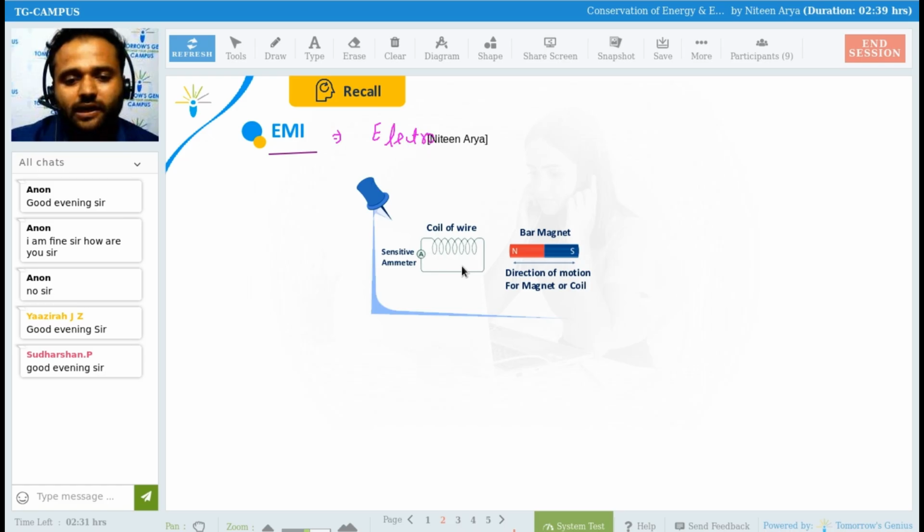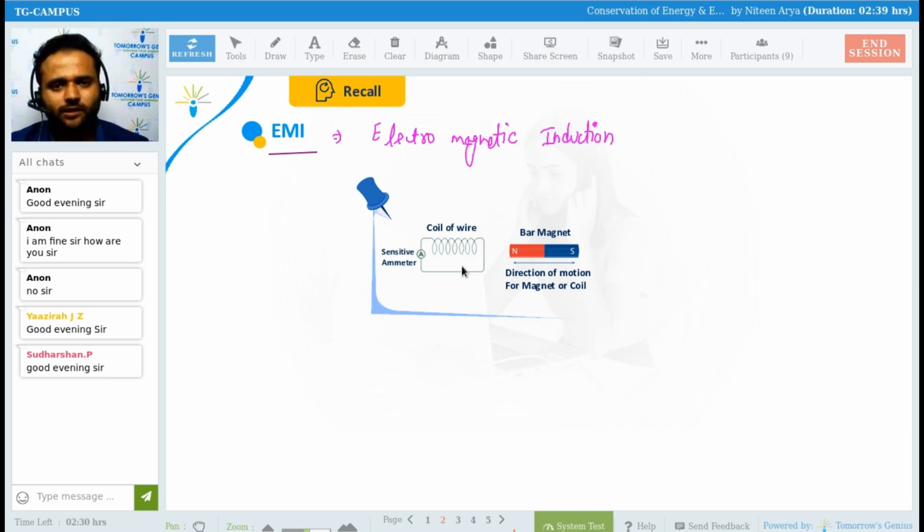So electromagnetic induction. Okay, what is it? This is not a big thing or rocket science. Simple thing. As we know, whenever a current is passing through a particular coil, it generates a magnetic field. So we need to see the reverse effect also. Simple as that. Whenever we move a magnet, is there a current generated, or is there a production of current? Yes, there is. Simple. This particular phenomenon is known as electromagnetic induction.